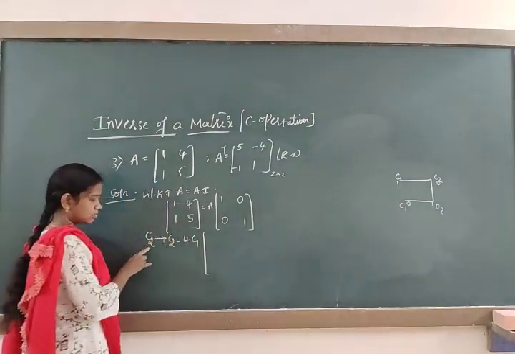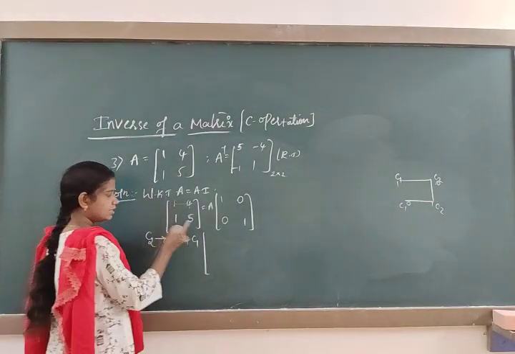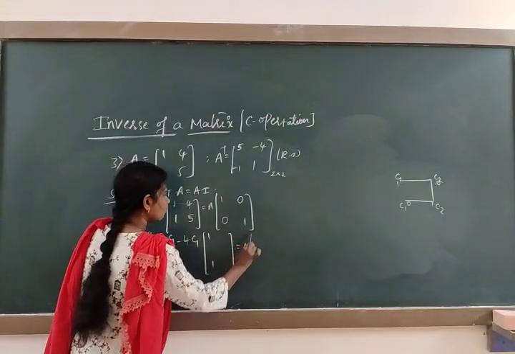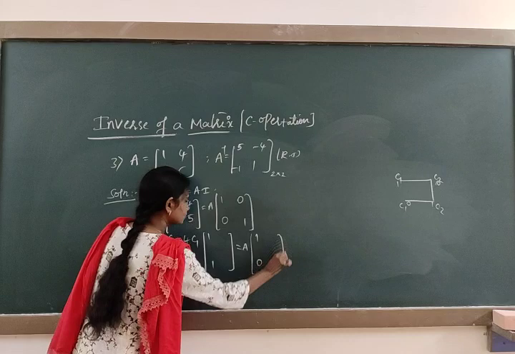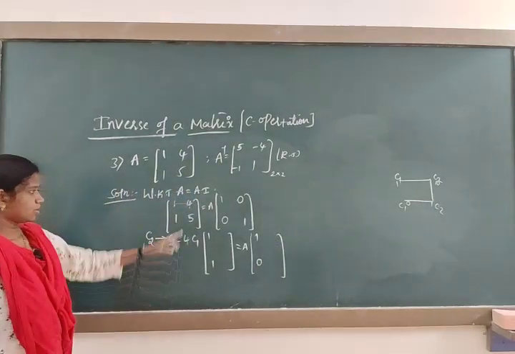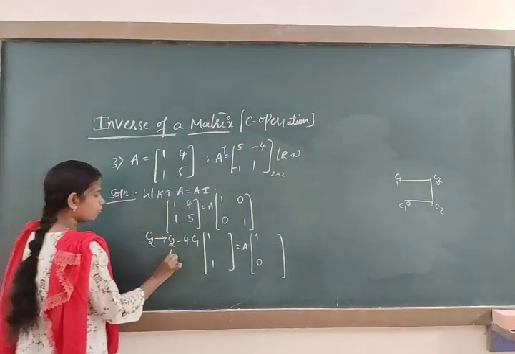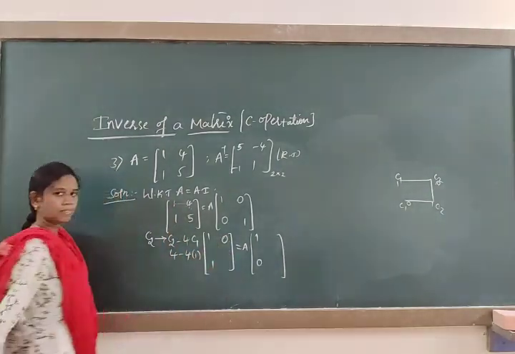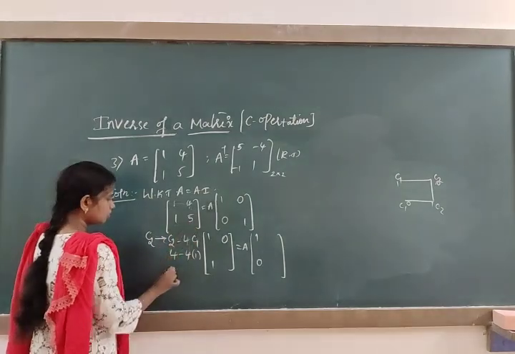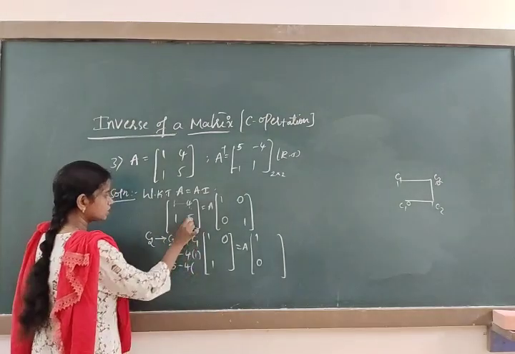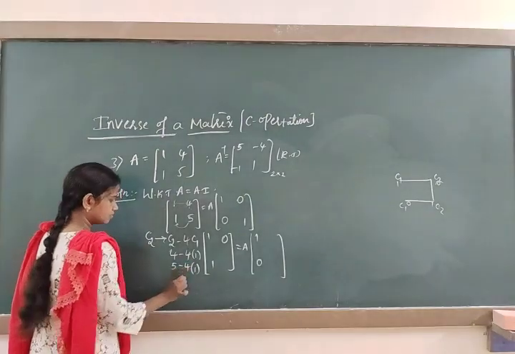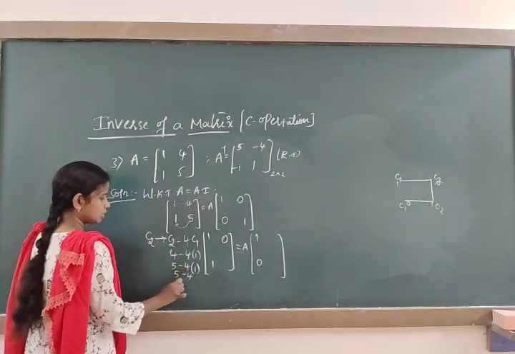C1 we are not changing, because the transformation is on C2. Write the C1 values the same. 1 1 is equal to A of, it's a 1 0. Now substitute. 1 by 1: 4 minus 4 times the C1 value 1, it's a 0. Next, this is C2: 5 minus 4 times C1, this one. So 5 minus 4, it's a 1.